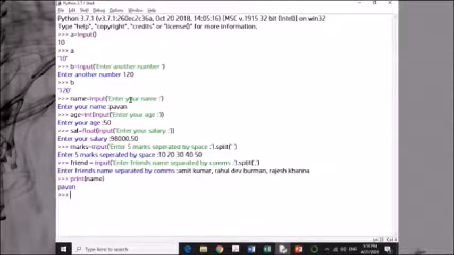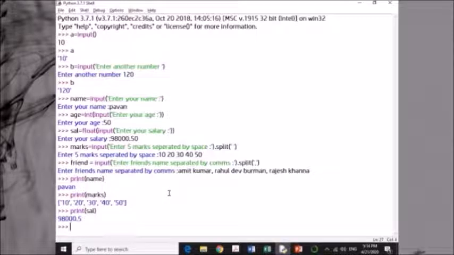What is marks? Marks is a list, in closing square brackets. Marks is a list of strings. Similarly, if I print salary, this is the salary.